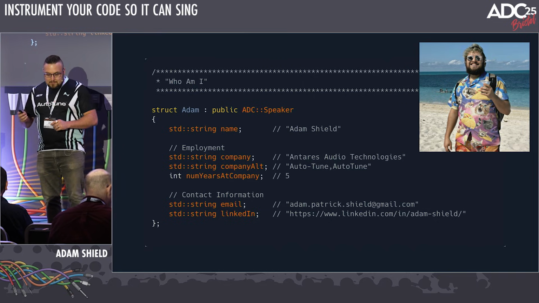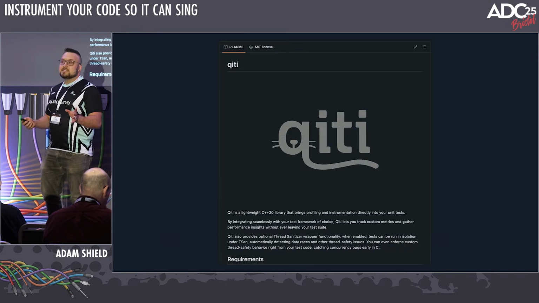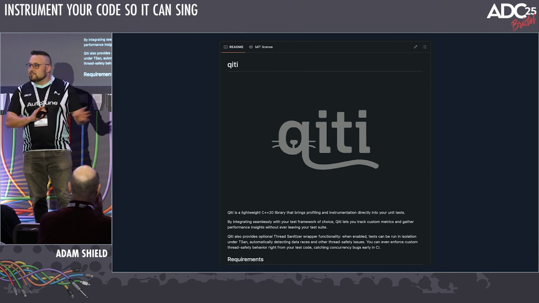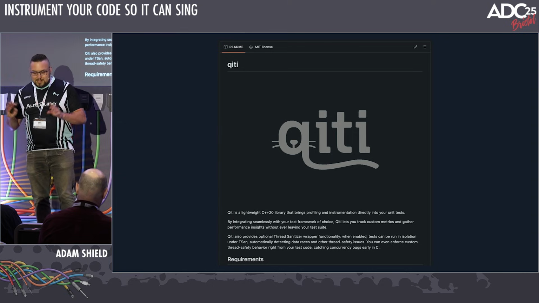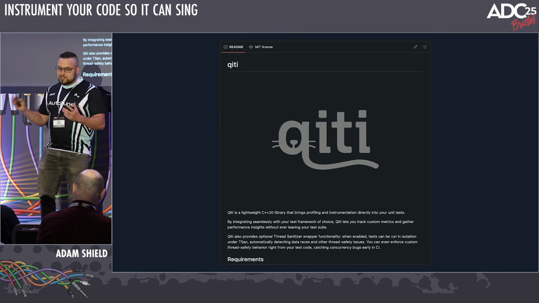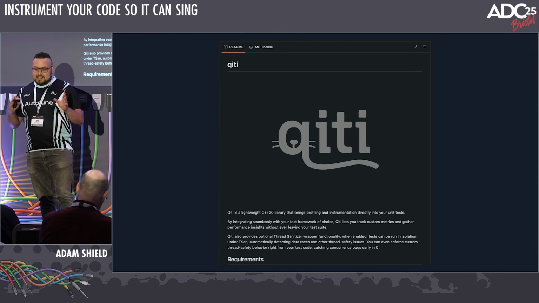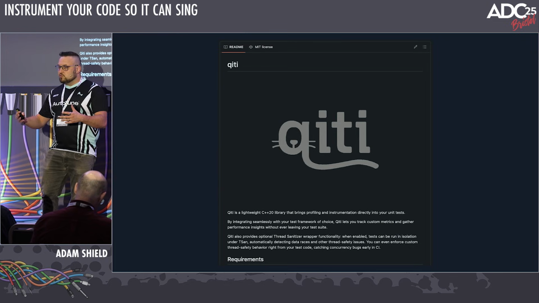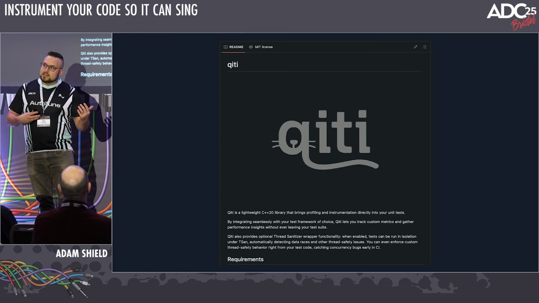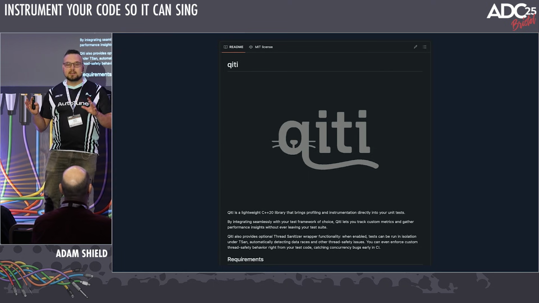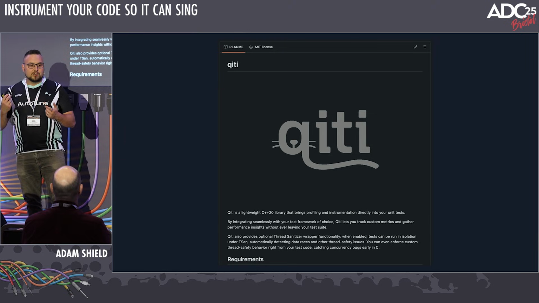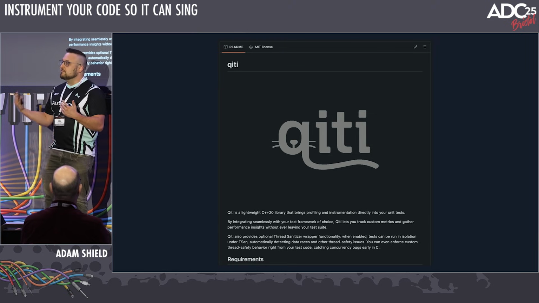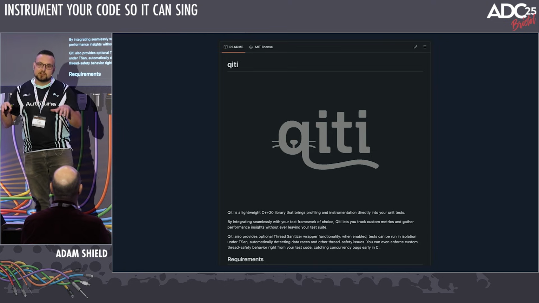But the inspiration for this talk actually came from a side project I was working on called Qiti, which I'll just quickly note is free and open source. Feel free to try it out and see if it helps you in your workflows at all. But basically the idea behind it was I was looking to find ways to enhance or add additional tooling and features to our C++ testing framework. By testing framework, I'm referring to Google Test, Catch2, JUCE unit tests, basically however you're directly testing your C++ code